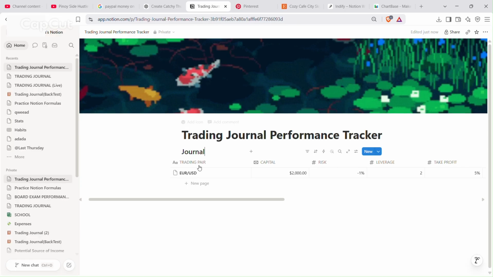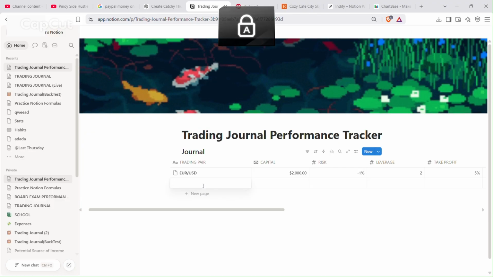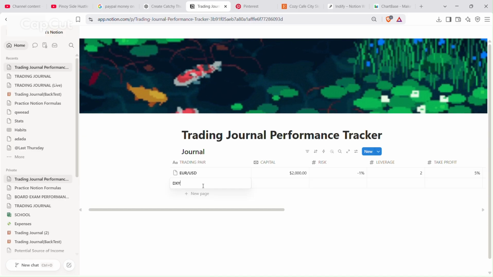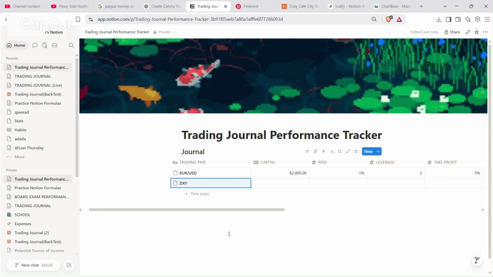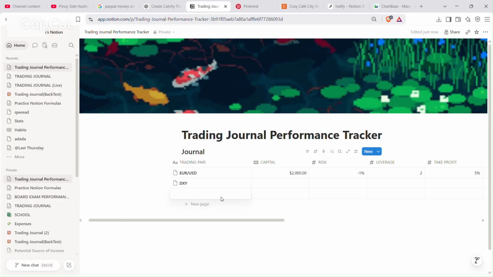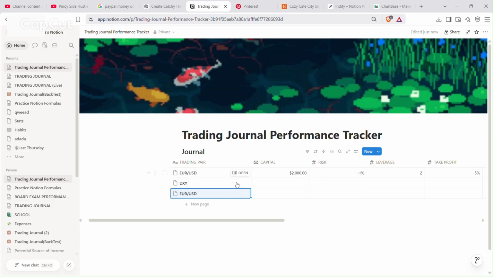Okay. And if we want to add new trading pairs, we can just click this new page. For example, Euro USD again, or DXY. And then if we have new trades, we can also add another trading pair here, like that one. Okay, so we can add here an infinite number of pages for this database.